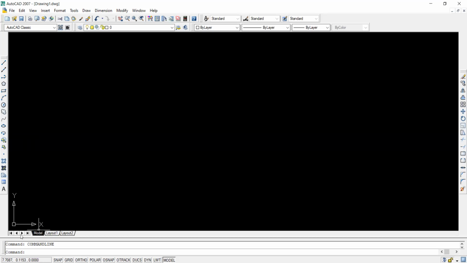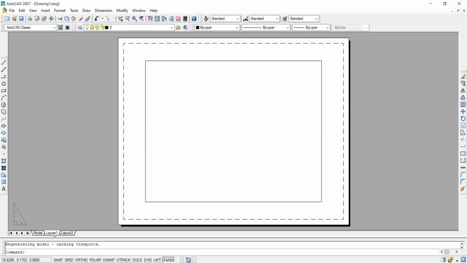Second thing, below that there is a model, layout 1 and layout 2. So whenever we need to print, we need to plot, to be specific, plot. Plotter is the device which will plot our drawing. So here we have layouts of paper. If you click on this layout, you'll find that this is the layout. Now there is nothing on this. लेआउट मीन्स एक कागद आलेला आहे. जर समजा आपल्याला वाटलं की आपलं लेआउट हे इथे काहीतरी स्टँडर्ड असलं पाहिजे, त्याला एक नेम प्लेट असली पाहिजे, that also we can create.